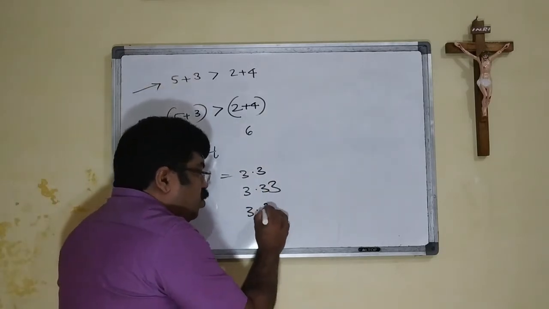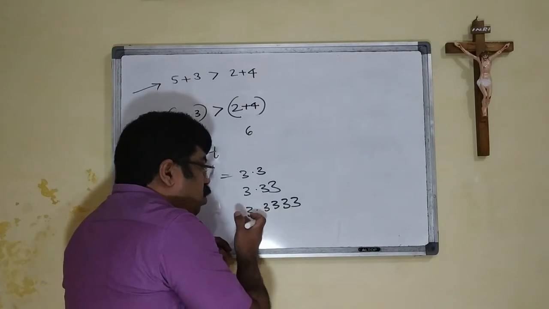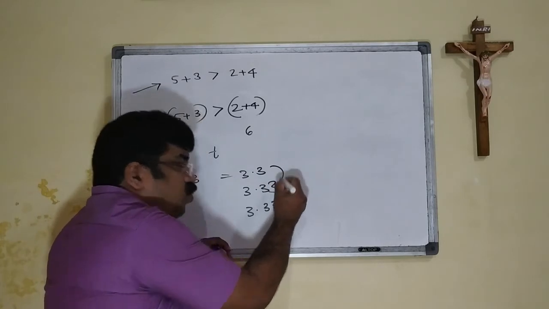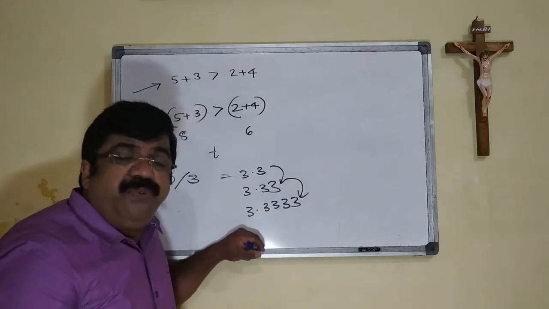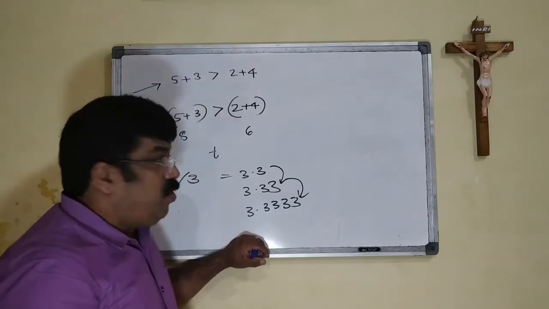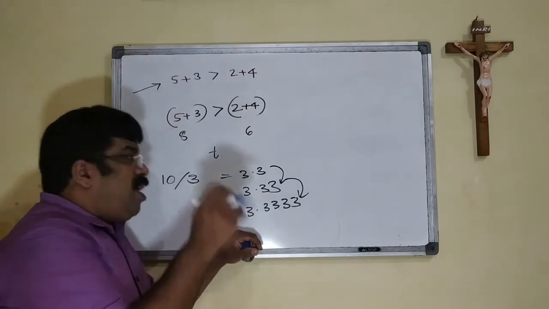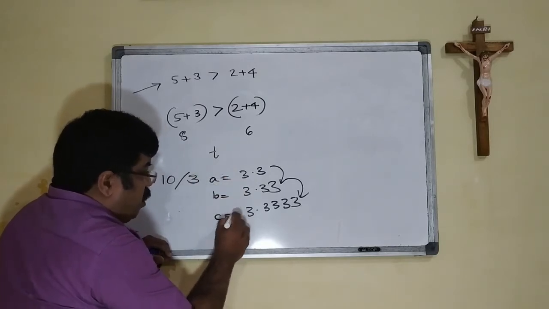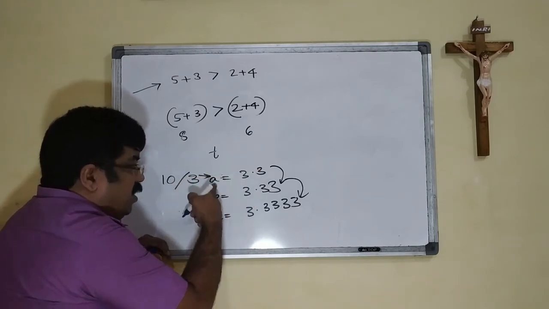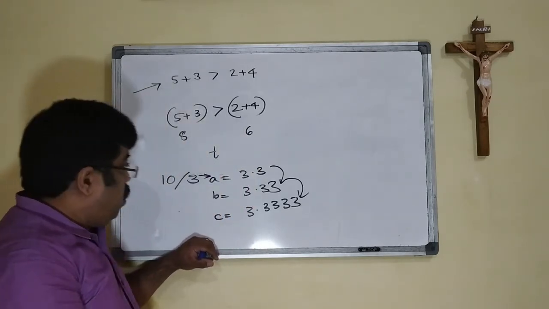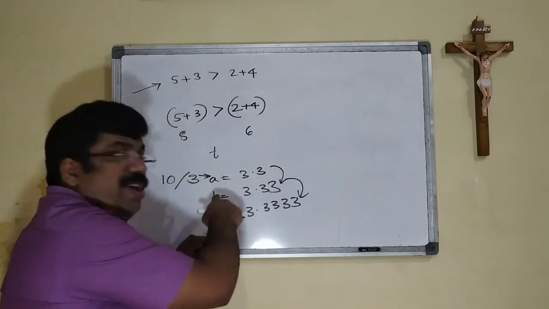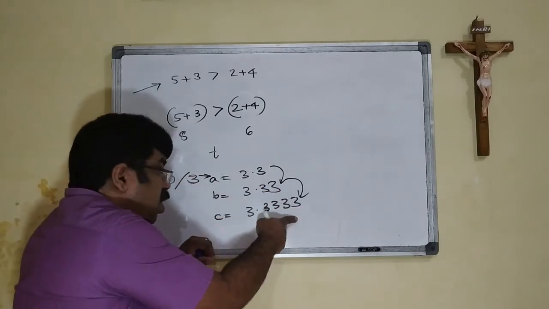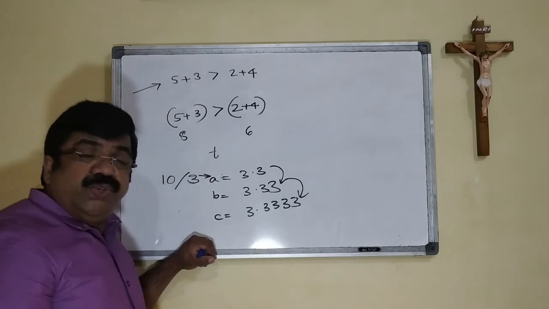Suppose the third fellow is saying it is 3.333, etc. There is a difference between these two. Again, these two have a difference. But what did we do? We divided the same number. So when we compare, suppose this is stored in A, this is stored in B, and the third one, 10 divided by 3, is stored in A like this with one decimal place. 10 divided by 3 is stored in another variable with 2 decimal places, and 10 divided by 3 is stored in a third variable with 4 decimal places.